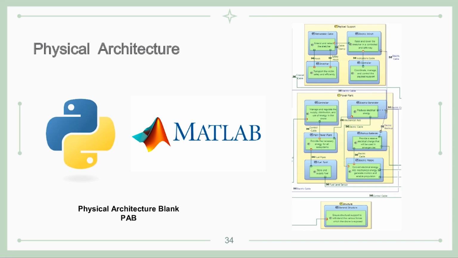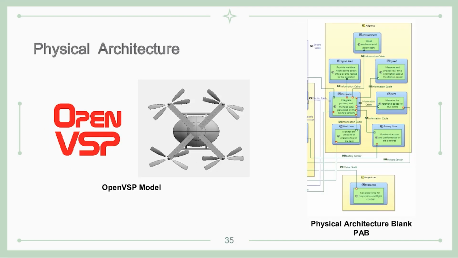And the payload support subsystem includes a controller that receives instructions on when and how to activate the system. Using an electric winch and a retractable cable, it raises and lowers the stretcher as needed. Finally, we have the avionics subsystem, which acts as the brain of the drone. This subsystem houses various sensors that continuously monitor the status of all subsystems, environmental conditions, and flight parameters.